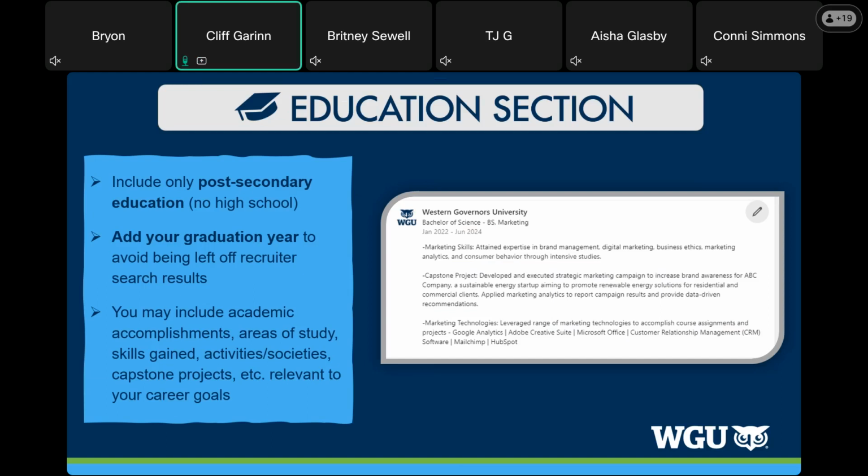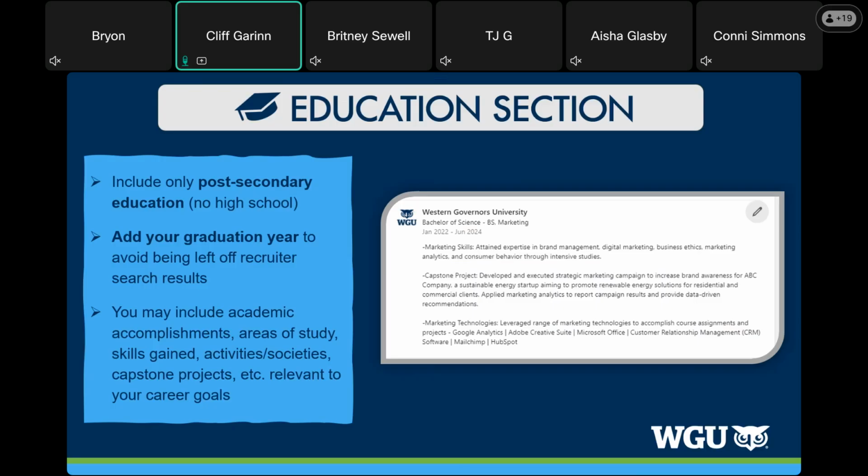If you have your bachelor's degree, that's where you can stop. You don't need to include your associates. You don't ever include your high school. If you have your master's degree, you do include your bachelor's degree, but that's where you stop, regardless of what your bachelor's degree is. It's just sort of the writing style of both LinkedIn and your resume. Every publication has its own writing style, so these electronic publications have this writing style. If you have a master's, you include your bachelor's.